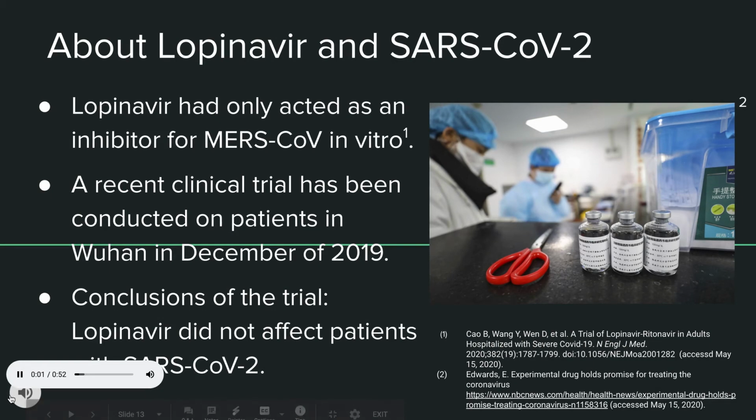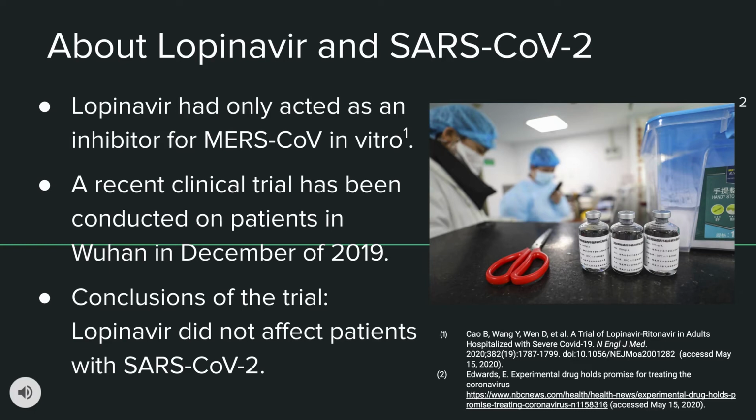Case studies in 2012 have shown lopinavir's inhibitory activity against Middle East Respiratory Syndrome, or MERS-CoV, in vitro. Considering this, there are no compelling clinical studies to show lopinavir's ability to actually inhibit MERS in humans, but one particular study was conducted in Wuhan among 199 patients with the novel coronavirus to test the effectiveness of a combination